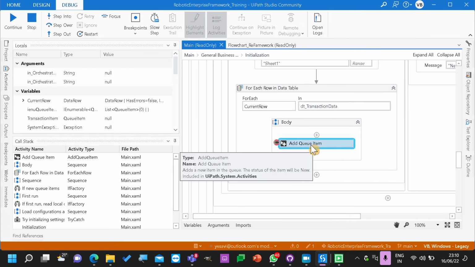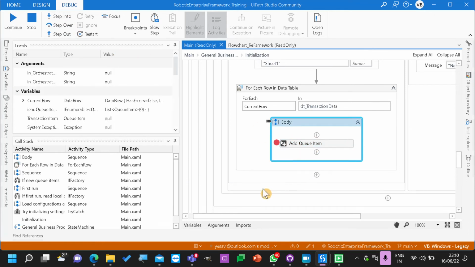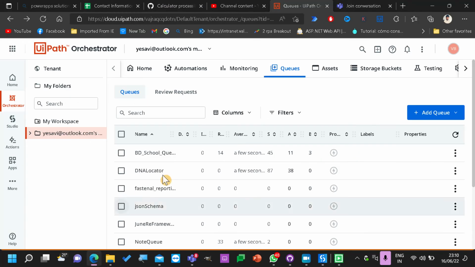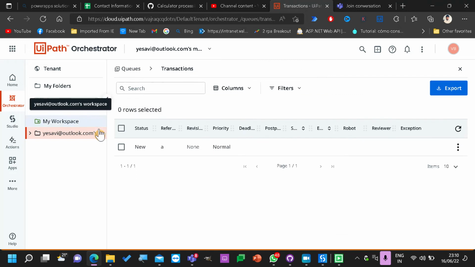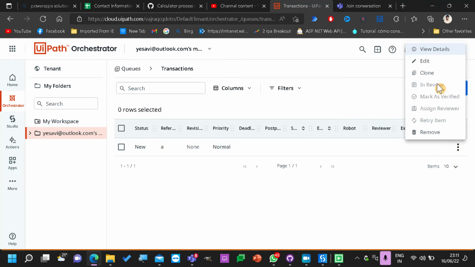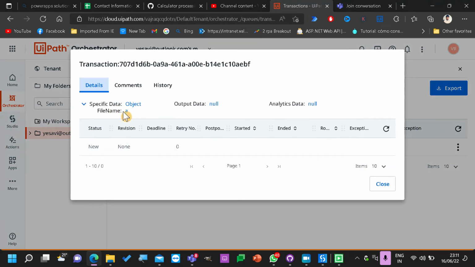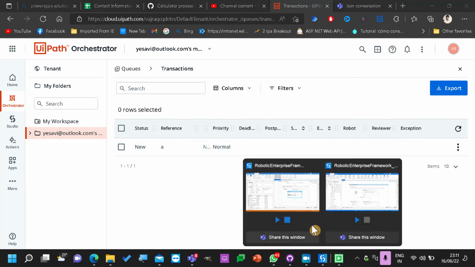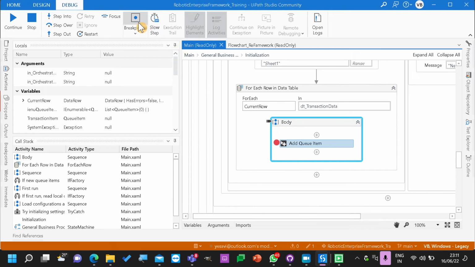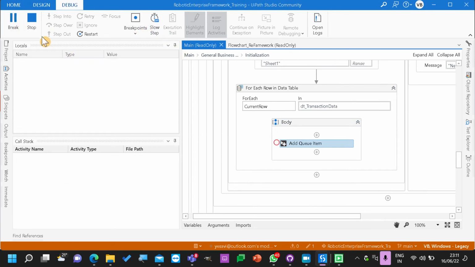Okay, now if you see, it came into add queue item. If you use step into, then what will happen in the Jun framework? View transaction. How many items are added? 1. And what is the reference that we have? A. Okay. So let's continue. I'll remove the breakpoint and continue. I'll stop.